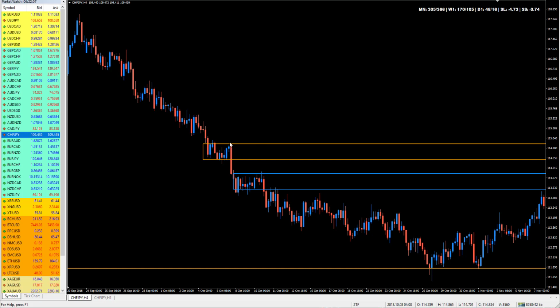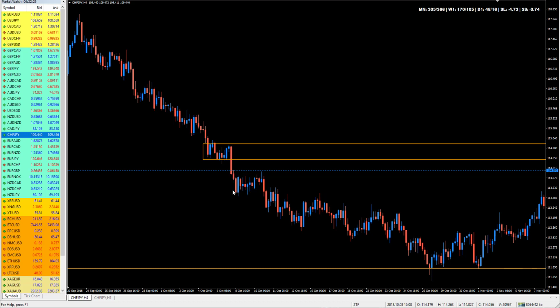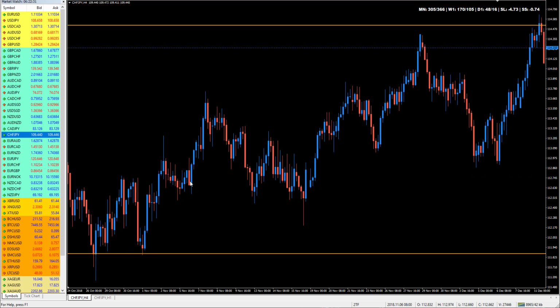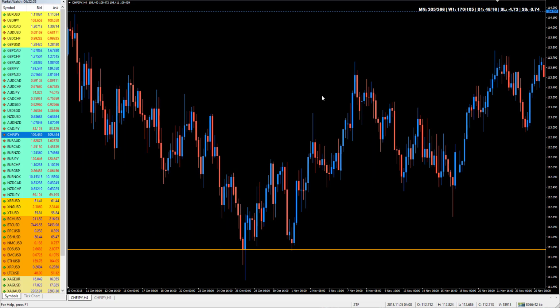But we can see price left, and then you want to mark off the highest high since the departure, which is the highest high of a candle that attempts to move back up into this area of value, this area of supply. And you see that just here. So this is probably where we're going to see price react again at a later date. So remove this one because we're not interested in this one anymore. And if we scroll forward, you can see we managed to find the beginning of the sell zone, and price